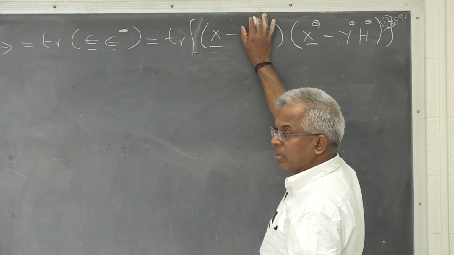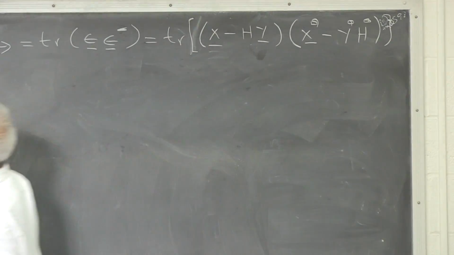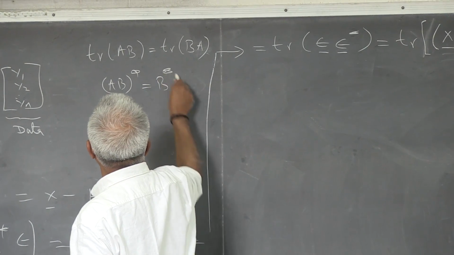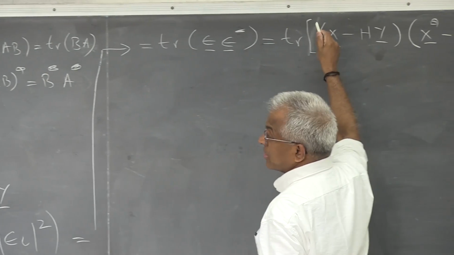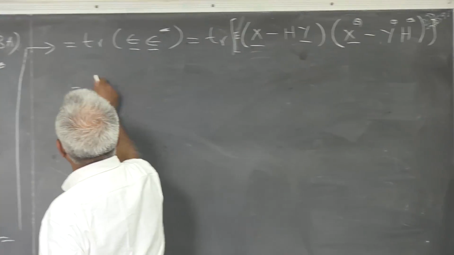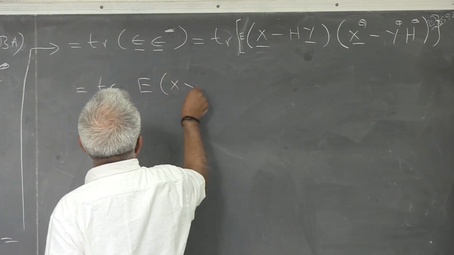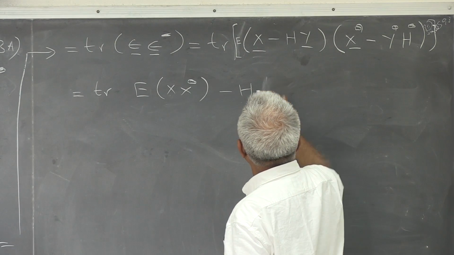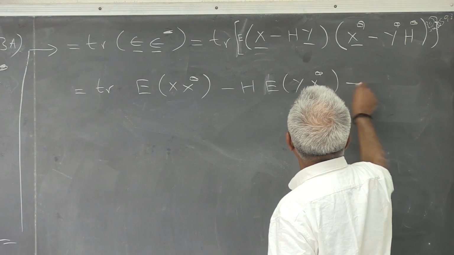Because the complex conjugate of AB, AB star, is B star A star, right? And there is an expected value. Trace is a linear operation, so there is an expected value. So there are 4 terms. Look at here. What is the first term? Expected value of xx star, right? Minus h expected value of hy x star minus